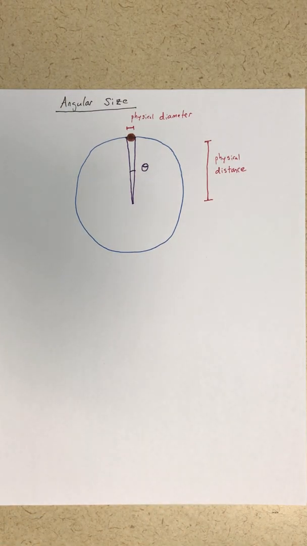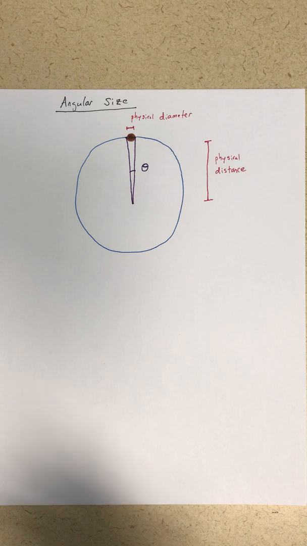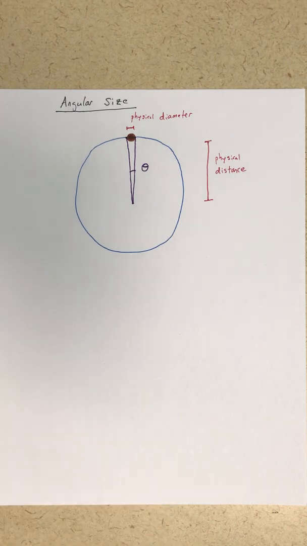Let's talk about the angular size of objects. In an astronomy class, the angular size of something is pretty readily measurable. If you know something intrinsic about how big the object actually is, the angular size will tell you how far away it is, or vice versa. If you know how far away it is and you can measure the angular size with your telescope, then you can figure out how big the object actually is. So it works in both directions, and it's relatively straightforward to measure basically how much of the sky is covered